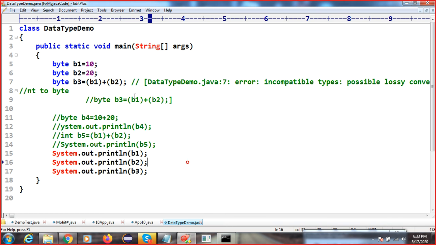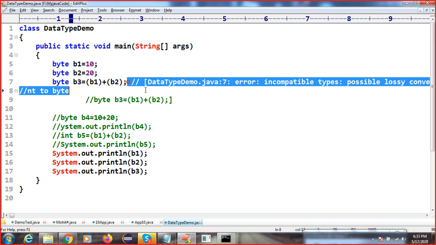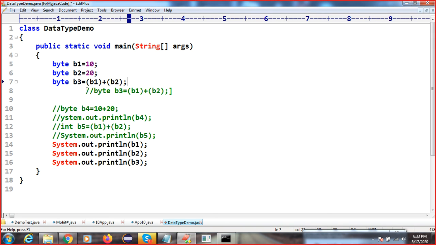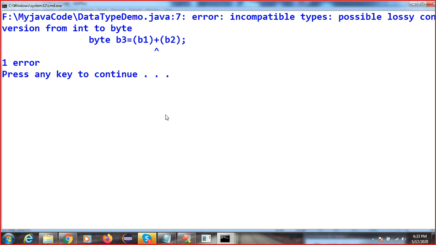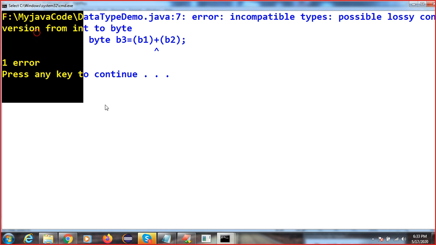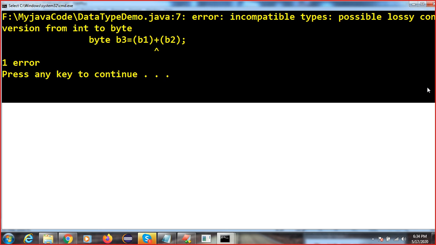First I will remove all these things. Now if I compile, you can see it is fresh, and we are able to understand what the compiler was actually telling: incompatible types, possible lossy conversion to byte.